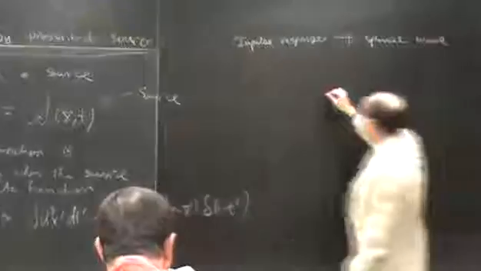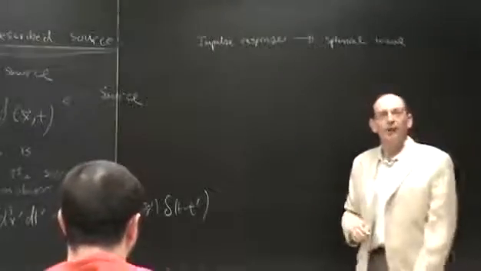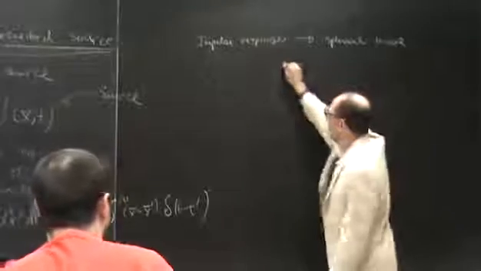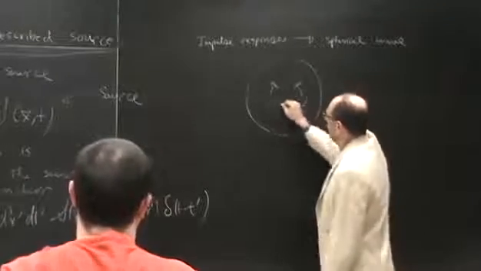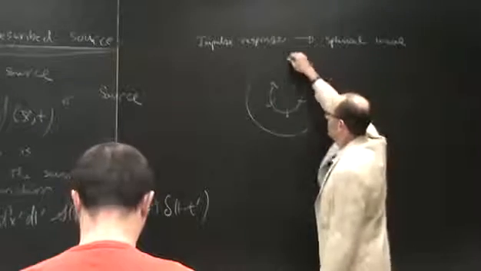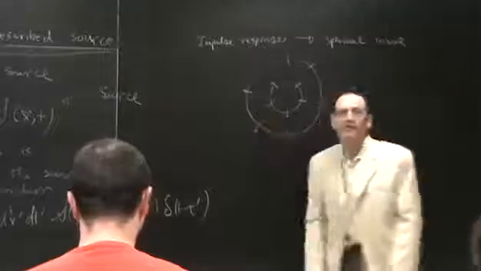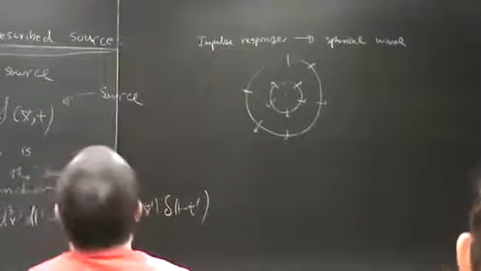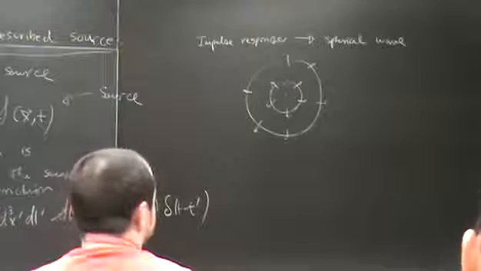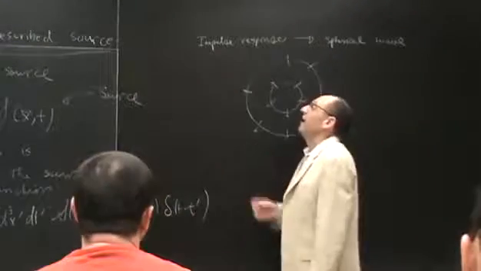So what we would expect is, if the source just goes off right then, emitted from that point is a spherical wave; in two dimensions it would be a circular wave, or a cylindrical wave. So that's what we expect to see, and we're going to see that that is the Green's function. And then if we have